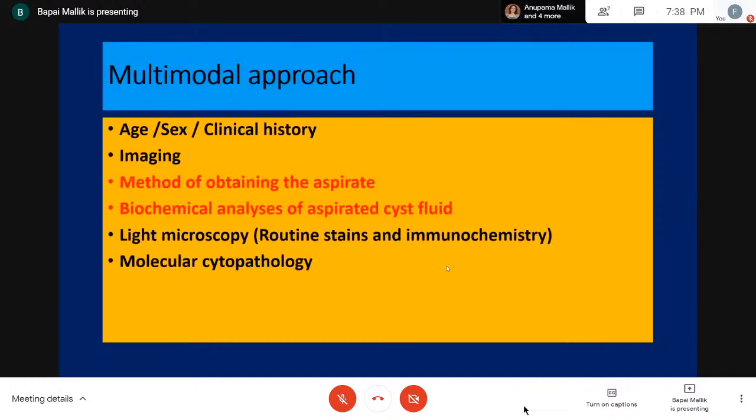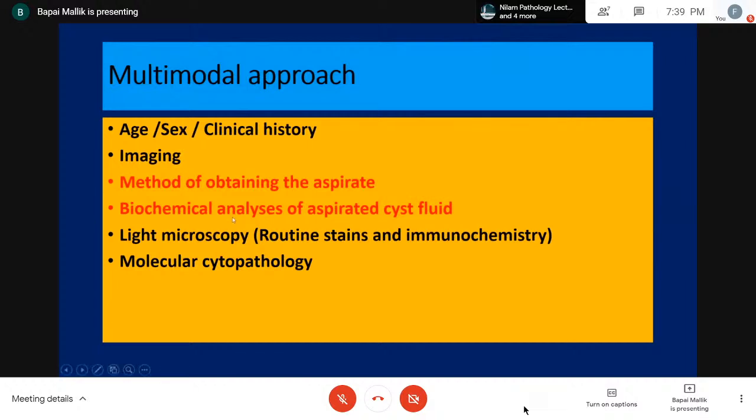So what is this multimodal approach? It starts from very basic stuff that you see, or you should see honestly, on the clinical request form. This part, the clinical history, is quite often missing in an adequate amount. So you have to take a very good clinical history. Age and sex, extremely important. The imaging findings should guide you in the right direction, but most of the time it is the gastroenterologist who should be the one who looks at the imaging findings and takes the final call.